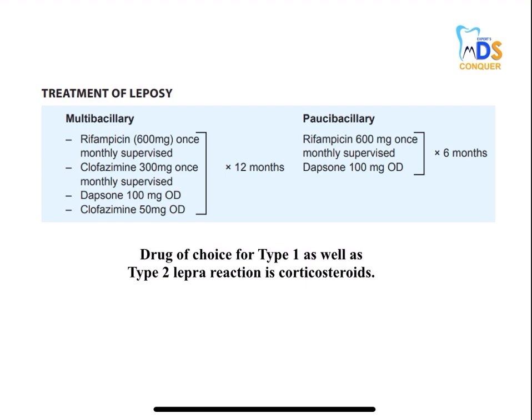Next, anti-leprosy drugs, which are for multibacillary and paucibacillary leprosy. Note them down. Multibacillary includes dapsone, which is asked many times, and even in paucibacillary, dapsone can be given. In multibacillary there is one extra drug, that is clofazimine. So what is the regimen? Just have a look.